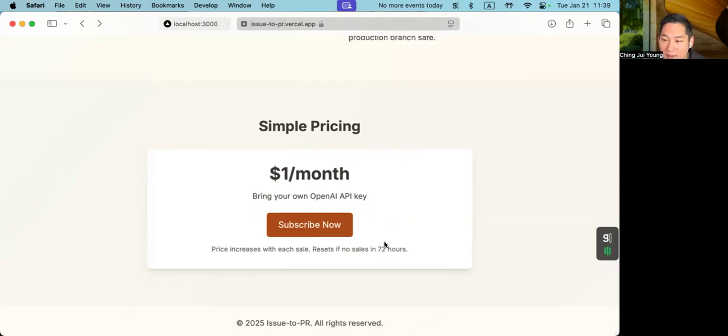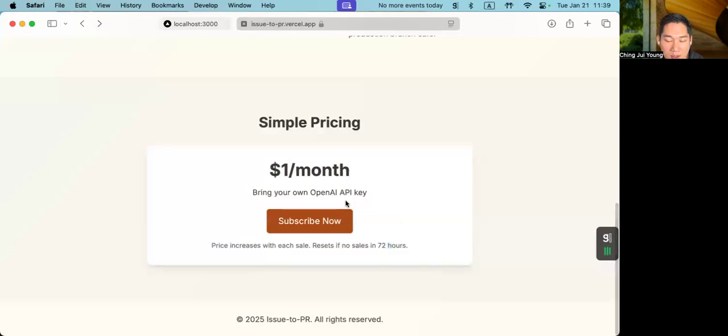So that's one way to price it, which is just to pay a subscription fee and then you use your own API key. But another way that I've been thinking about it, which I think is a little more aligned with the end goal, is you just pay per generation. However many issues you have, you pay per issue that you generate the solution for, or you pay per PR that you merge, the pull request to the main branch. That way, our outcomes are more aligned with your outcomes,